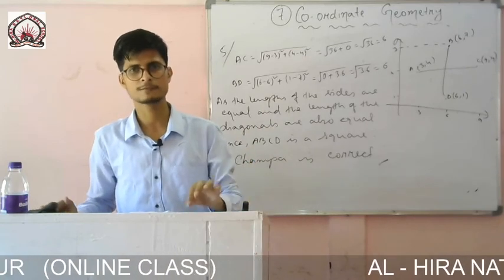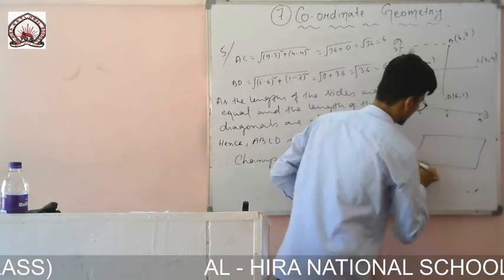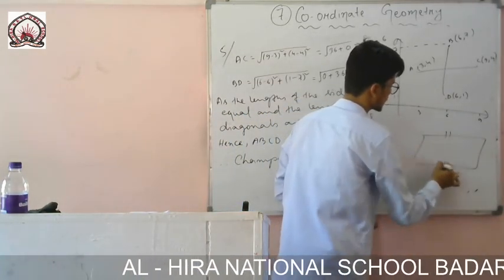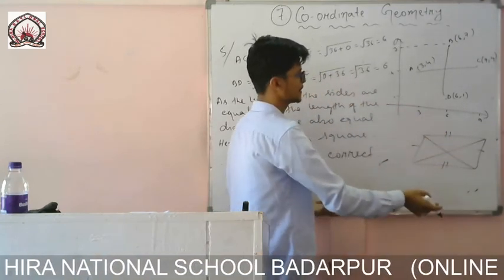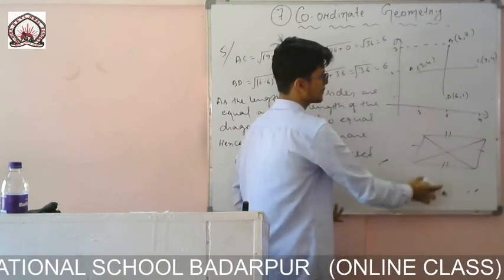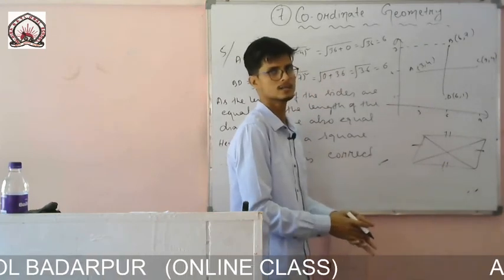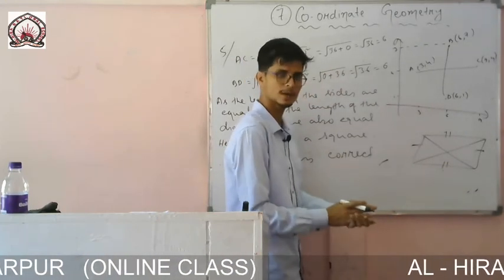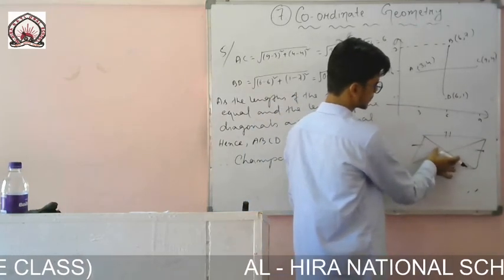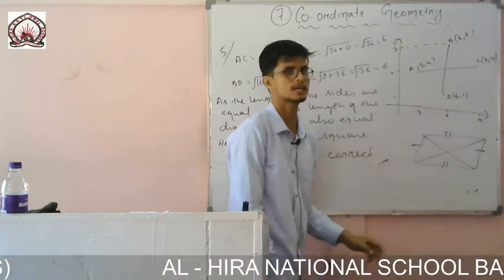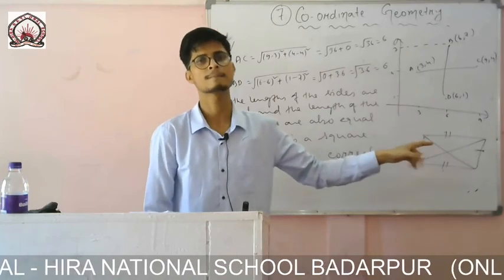But if you get 2 pairs of sides equal, for example, if I draw a parallelogram, these sides are equal and this one and this one are also equal, but the diagonals are not equal. So we have to find everything, we have to find the diagonals. If I find that this side equals this side and this one equals this one, then don't directly write that it is a rectangle, it may be a parallelogram also. So after that you find the diagonals, and if you find that they are unequal, then you can say that yes, it is a parallelogram. If both of them are equal, then you have to say that yes, it is a rectangle.